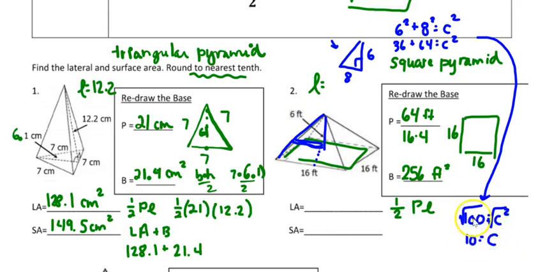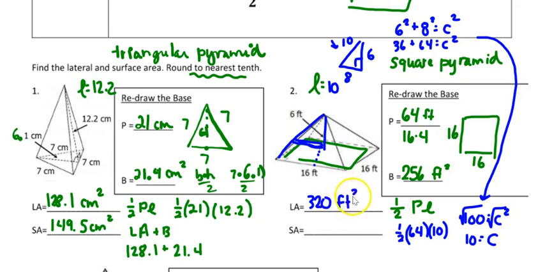So we know C is 10, this is 10, that's our slant height. So right here, we need this to be 1/2 the perimeter times the slant height. And that's going to give us 320